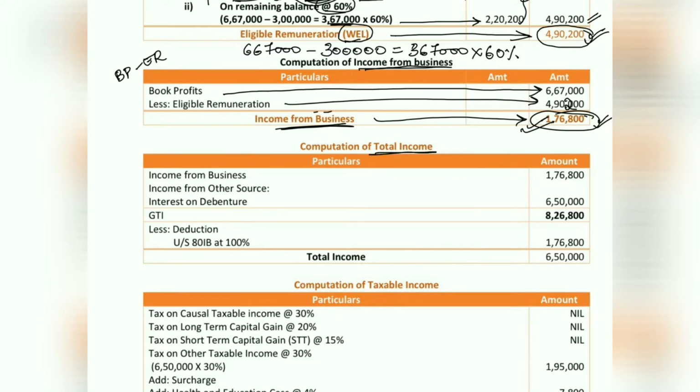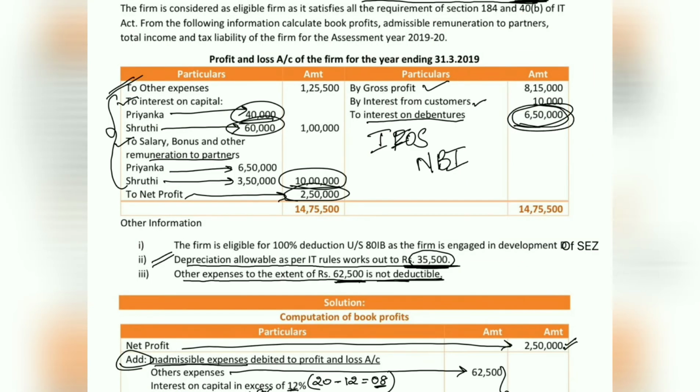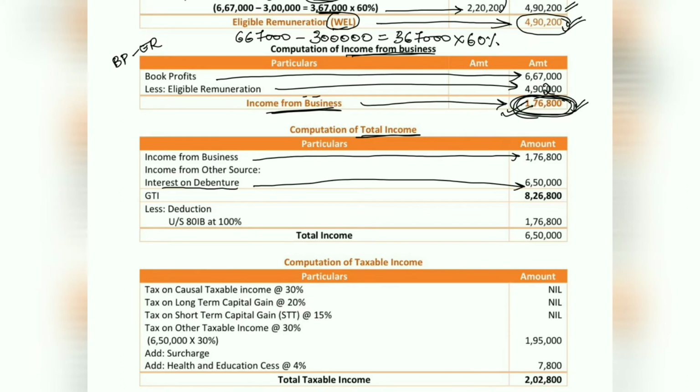The next step is to calculate total income of the firm. We will not consider the head salary. We do not have house property income in the problem. We have just calculated business income to the extent of 1,76,800, so that value we have considered as business income. Also, we do not have capital gains in the problem. We have other source income, that is interest on debenture to the extent of 6,50,000, which is given in the problem. So this 6,50,000 will be considered under the head other source. If you add these two values,